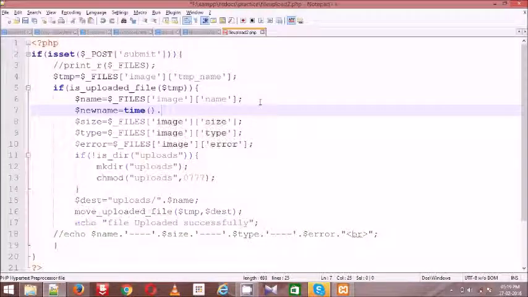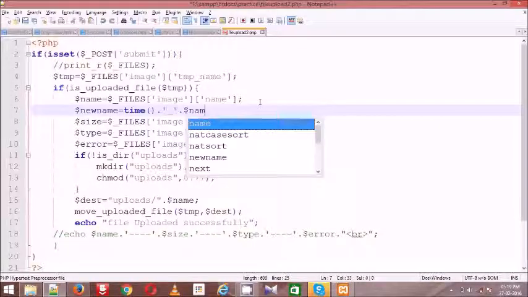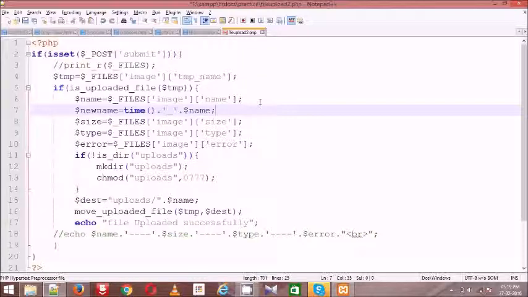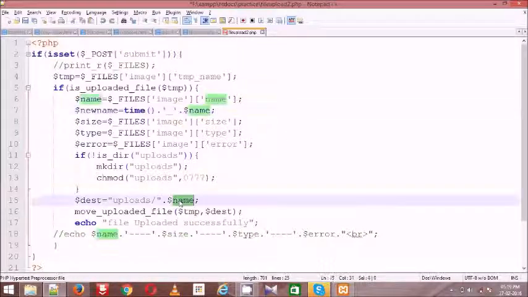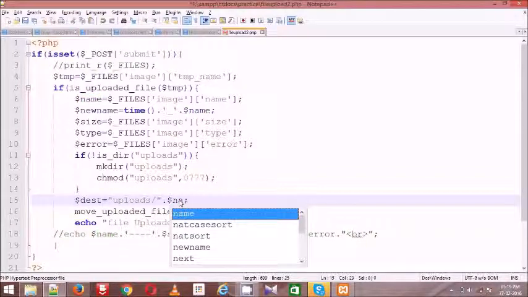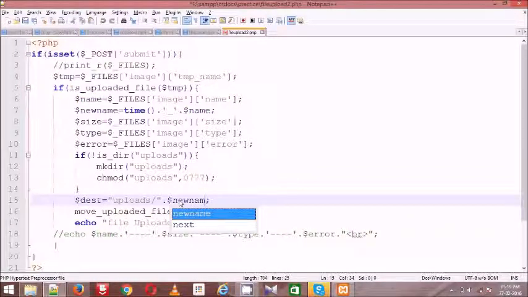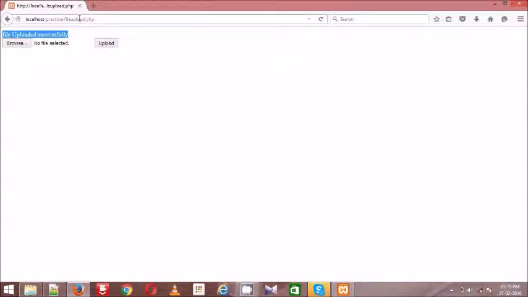I did not change anything else, I have added only the time function to this name. Time in the sense returns the Unix timestamp, counted from 1970 in seconds. So here my file name is its new name. Now in this case, execute your file upload number 2.